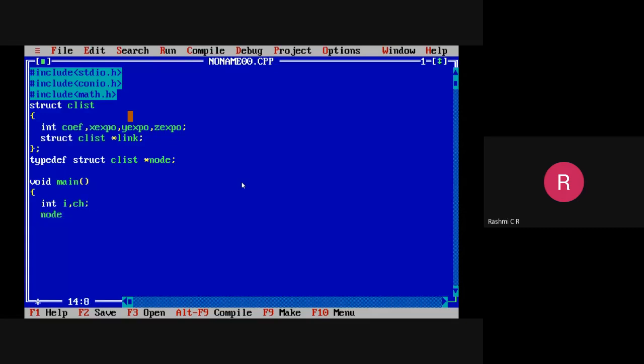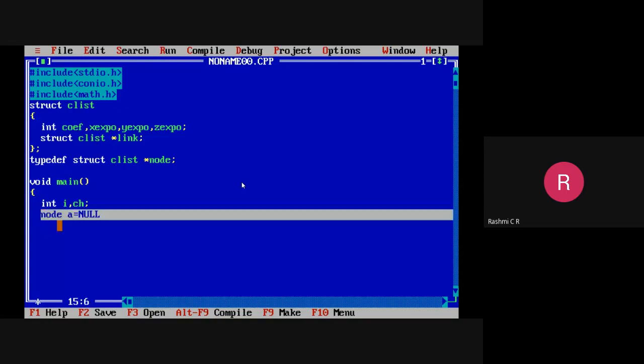Initially, I'll specify a is equal to null because it is the first polynomial and still we have not executed anything and still we have not read the values of any of the polynomial terms. Initially, it is equal to empty. Okay, so a is a node because it is a structure variable.